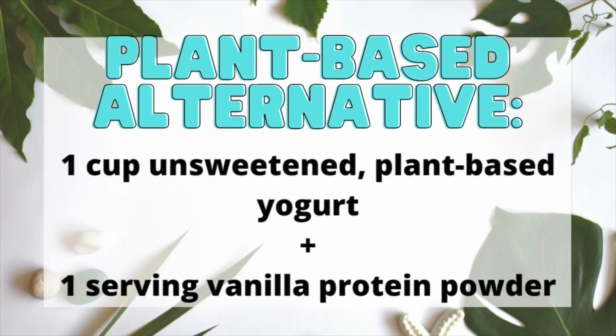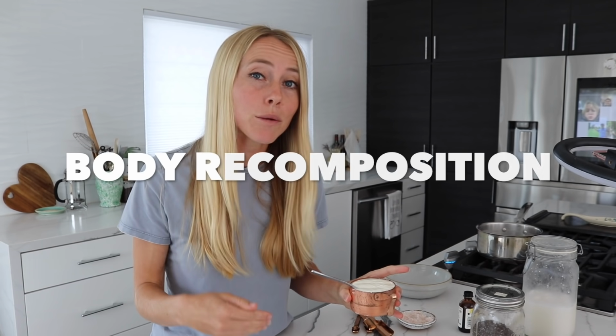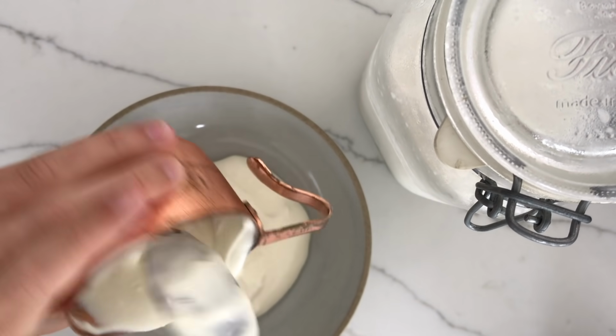So 1 cup of an unsweetened dairy-free yogurt paired with 1 serving of an unsweetened or vanilla protein powder. And both of those options will provide about 20 grams of protein. And protein is required to actually achieve a body recomposition goal where you're burning fat, but you're not losing muscle. So I'm going to be adding in 1 cup of the Greek yogurt, but you can also use the plant-based